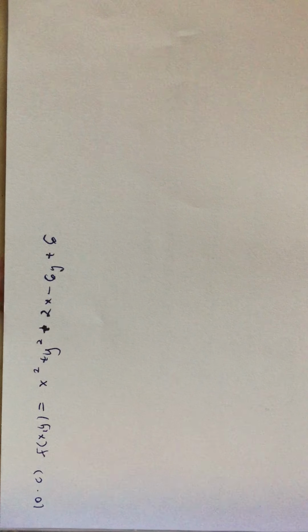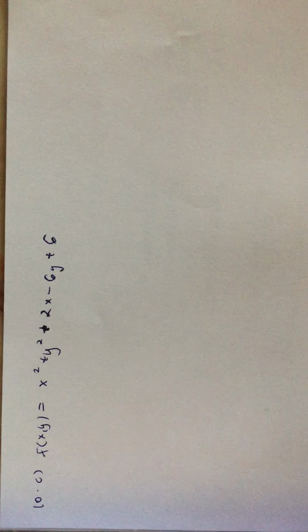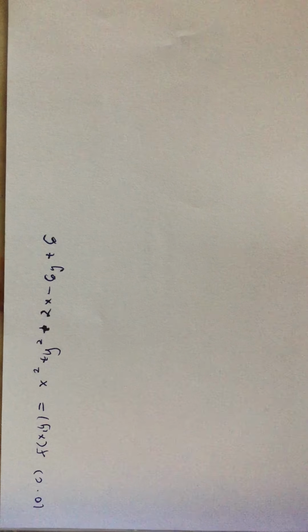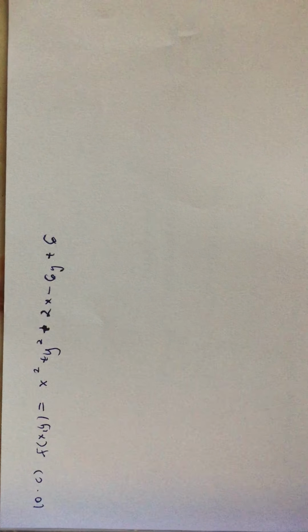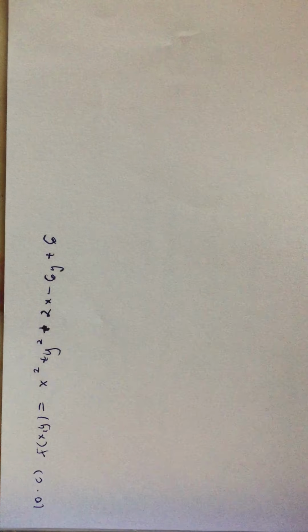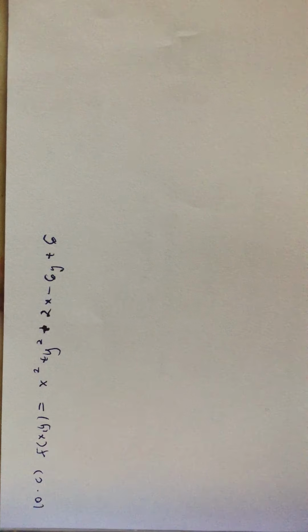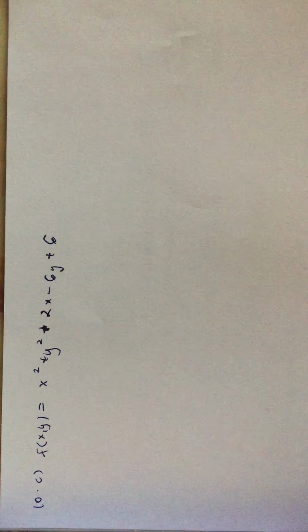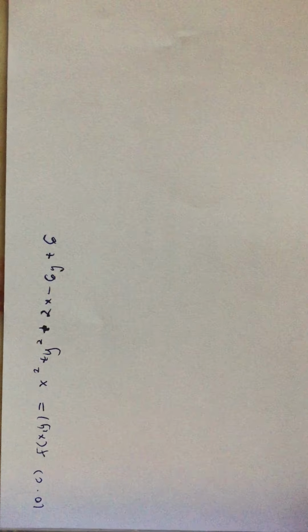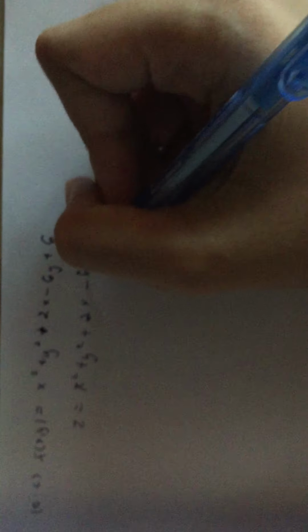Okay, untuk soalan nombor 10C, we have f of xy equals to x squared plus y squared plus 2x minus 6y plus 6. So, untuk soalan ni, mula-mula, kita kena kenal pasti the extremum value without doing any calculation. So, basically, kita tengok pada dia punya bentuk graf ni sahaja. So, kalau kita nak tulis balik benda ni, z is equals to x squared plus y squared plus 2x minus